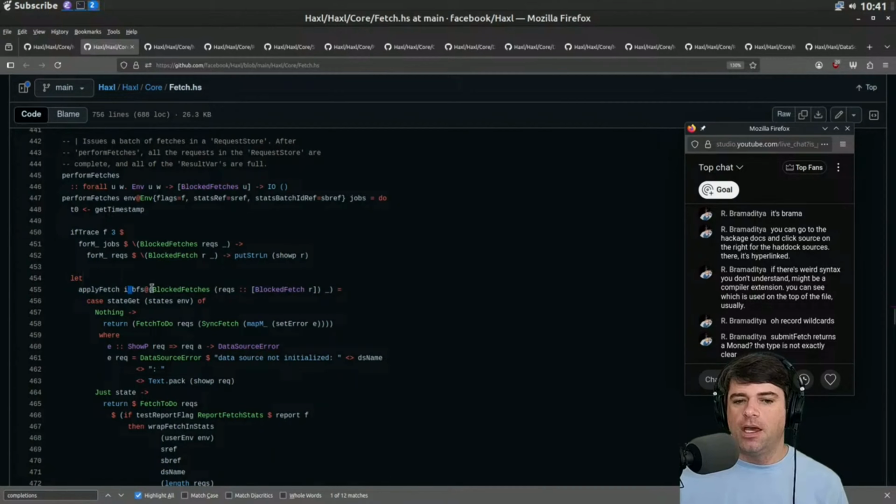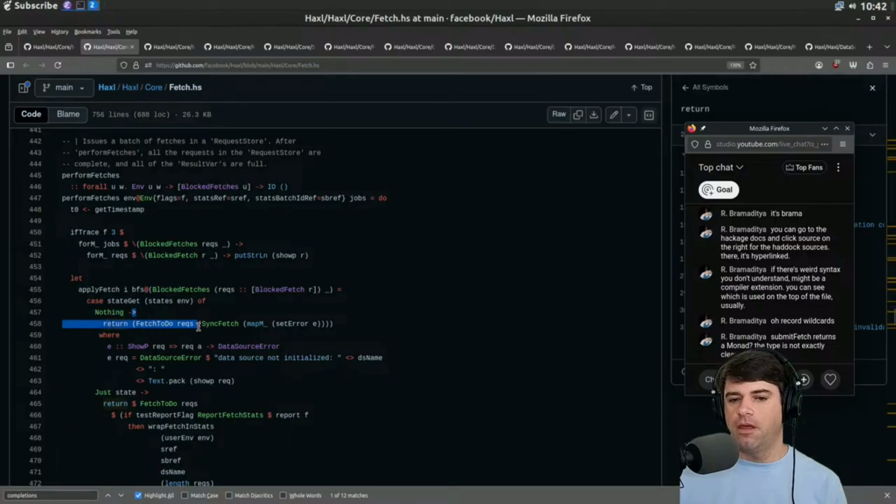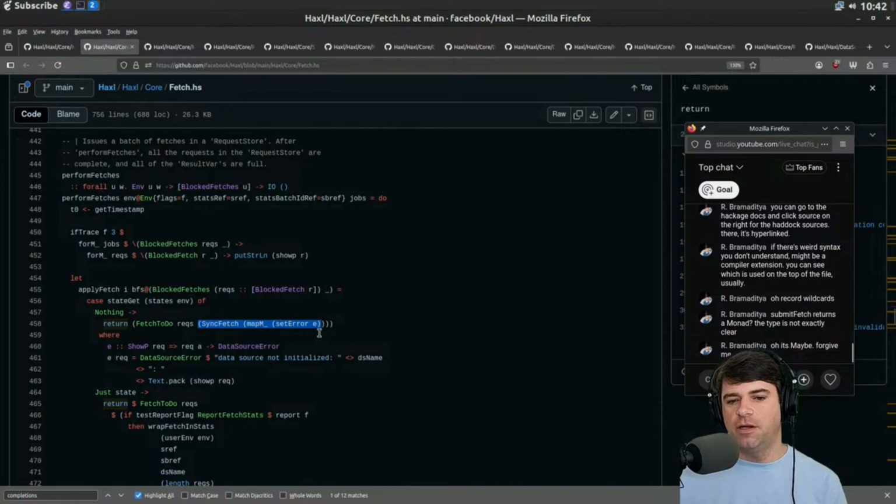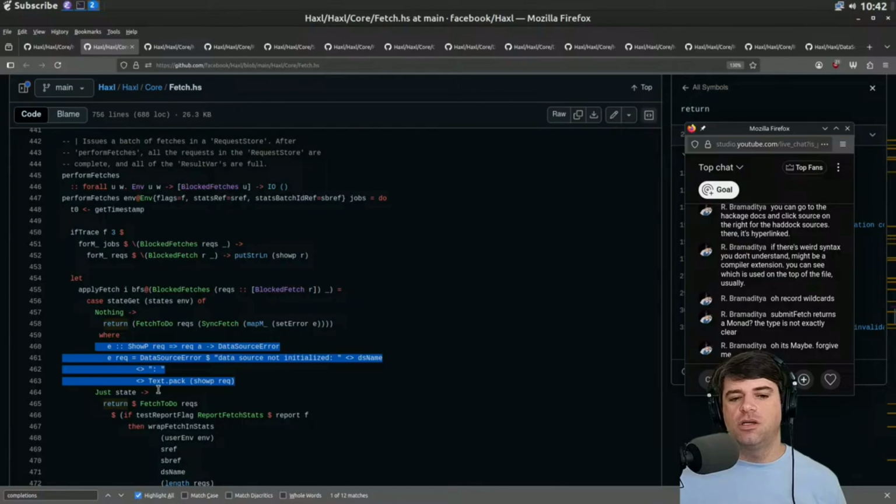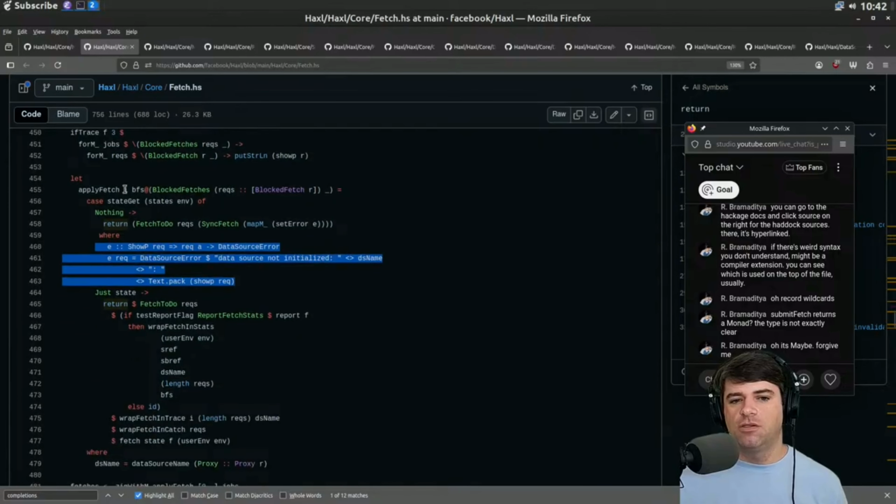Apply fetch I BFS at blocked. So whatever I is, maybe just an index. And with some blocked fetch information, we're going to call get state on the states of the environment. If it's nothing, then we're going to return fetch to do of requests. Whatever the sync fetch is that has some map M of set error. And there's some data source not initialized error handling. If it's just state, so get state returns something that's not nothing, then we're going to return fetch to do requests